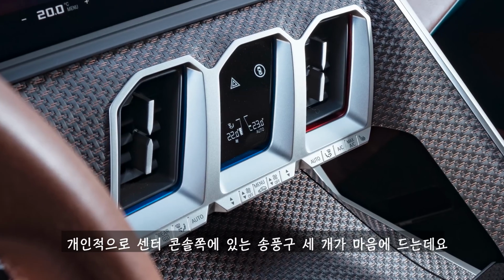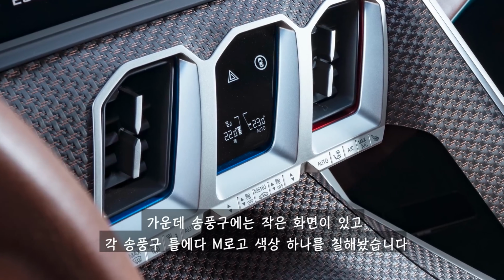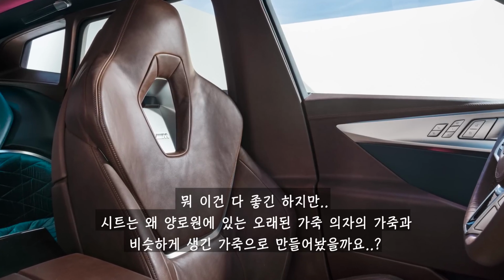I also like the 3 air vents in the centre console. There's a digital display in the middle, and each vent has a bit of coloured trim that matches the colours of the M logo. Now, it's all well and good, but why did BMW decide to give it seats that